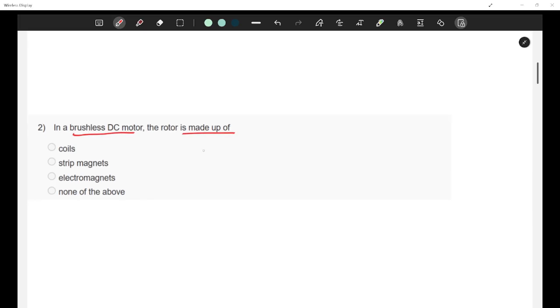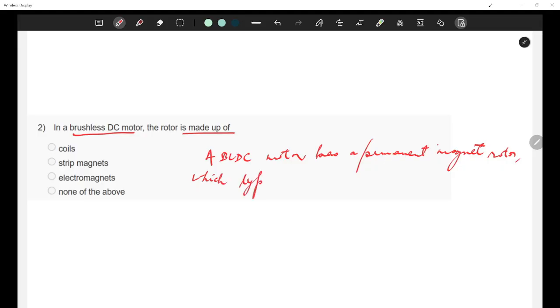So a BLDC motor has a permanent magnet rotor, which typically consists of strip magnets arranged around the rotor's circumference.